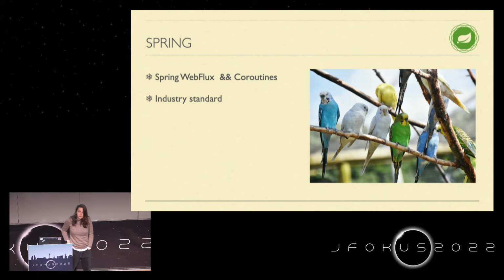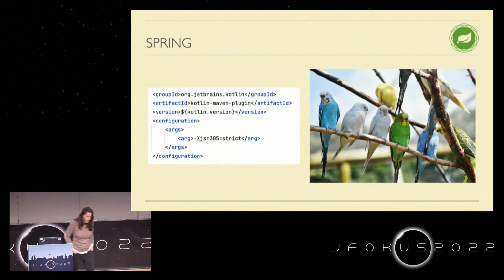The big advantage of Spring is that this is an industry standard. It's very mature. It will work. It will work definitely. The other one as well, but for Spring you know it for sure. And as I already said, it's approaching Kotlin more and more.